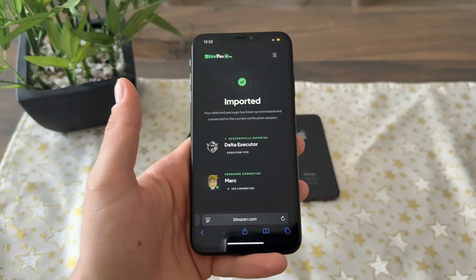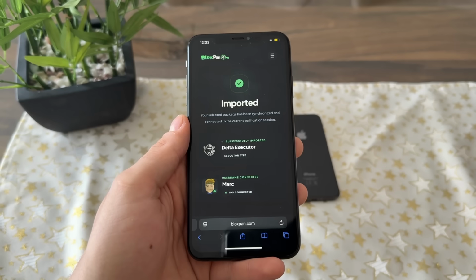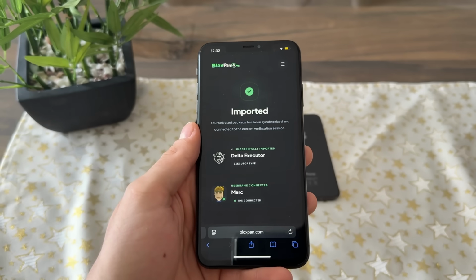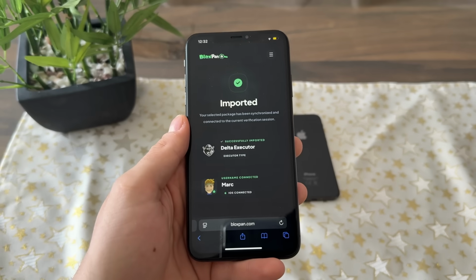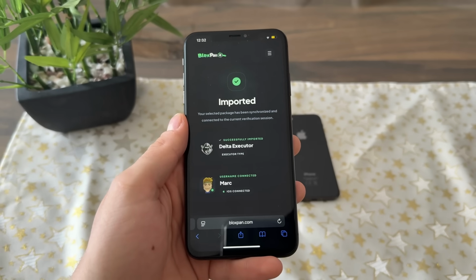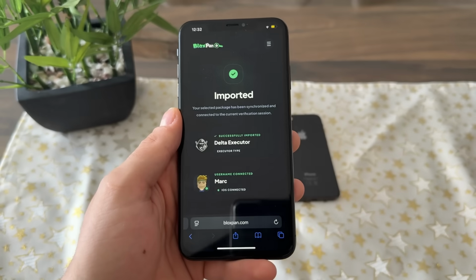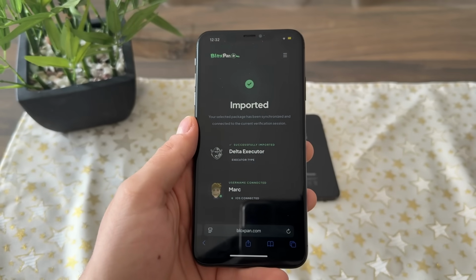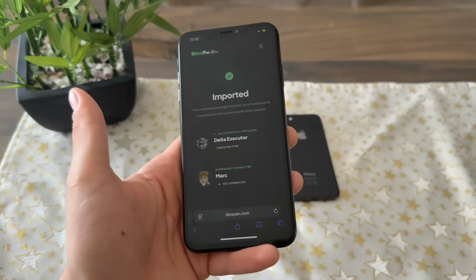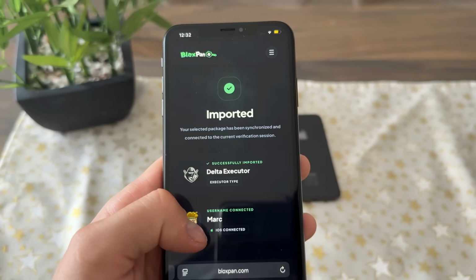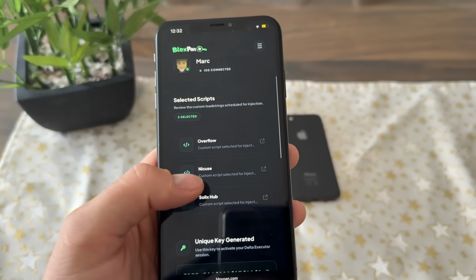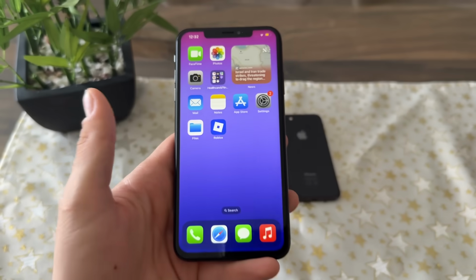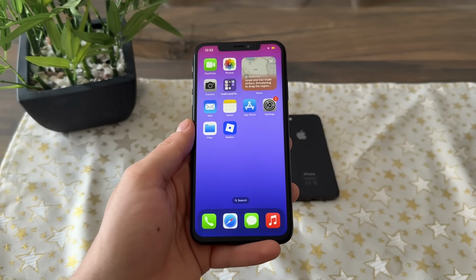So guys, if you're doing it for the first time, or if you're detected as a bot, you might be asked to complete a simple bot verification. So guys, just go and complete 2 tasks from the list that you will get. Don't worry, because it's all free and safe and it takes only 2 minutes to complete 2 tasks. So just complete it and you will get your imported message with your username, your script selected and your unique key generated. So let's open our Roblox now and let's see, are we actually getting our